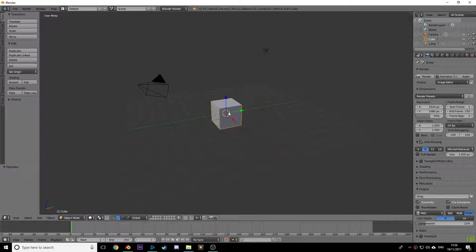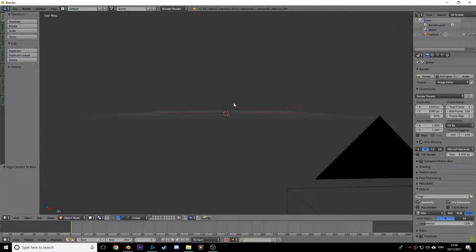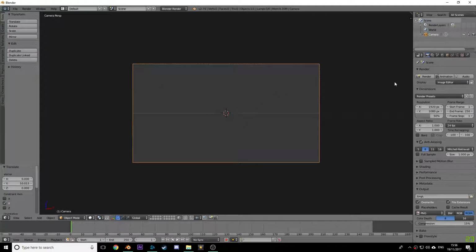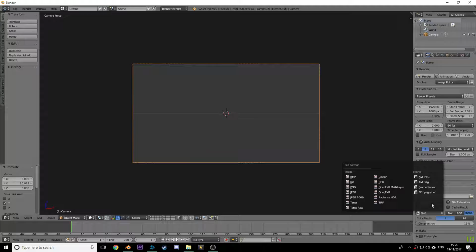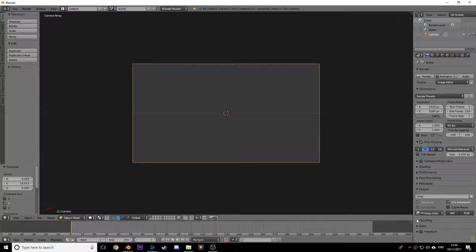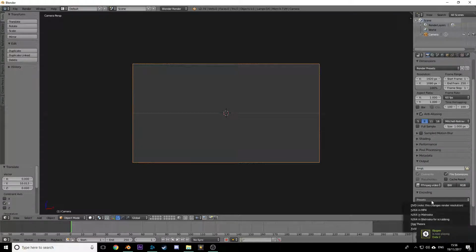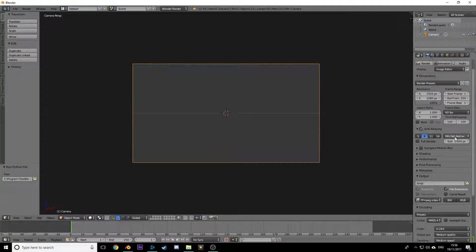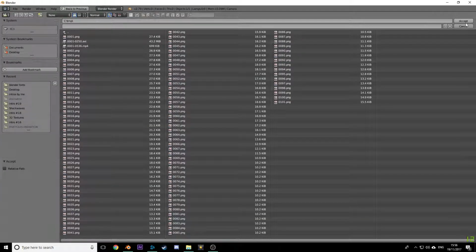So what you want to do is right click the square, click X, right click the lamp, click X. Press numpad 1, Control Alt 0, and then right click the camera and drag it closer. Now come to dimensions, change this to 100%, change the frame rate to 60, and change the output to FFmpeg video. Click the encoding, presets, H.264 in MP4, audio codec MP3. That makes it render out with your song, and you want to click this and place it where you want it. I'm going to name this,